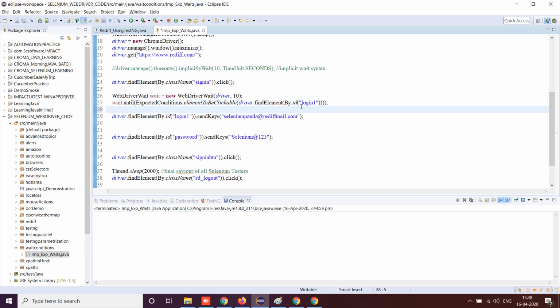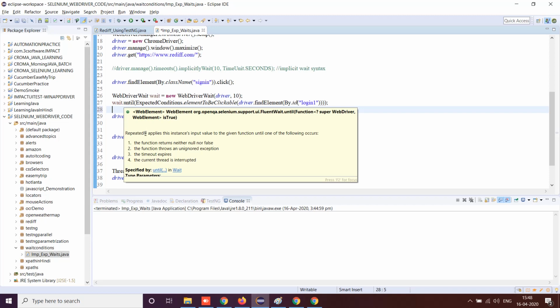Okay, now what did I do here? First and foremost, you have to use the WebDriverWait class. You have to create an object of the WebDriverWait class and pass the object reference of the WebDriver, that is the driver parameter, alongside the maximum time you want to wait for this particular web element to load. Then, using this object reference of WebDriverWait, you have to invoke a method known as until.